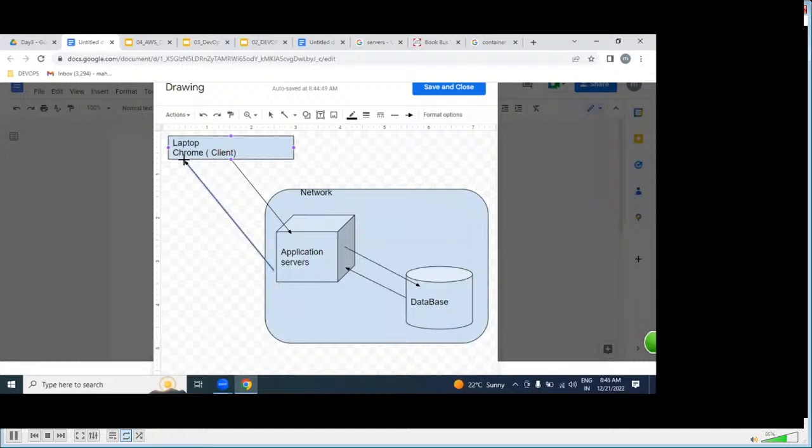Only two actions in the entire internet: request, response. Very simple way. Based on your request, our application server prepares the response and sends it back to your client. This we call client server communication. That is the first point we want to understand for today's session.